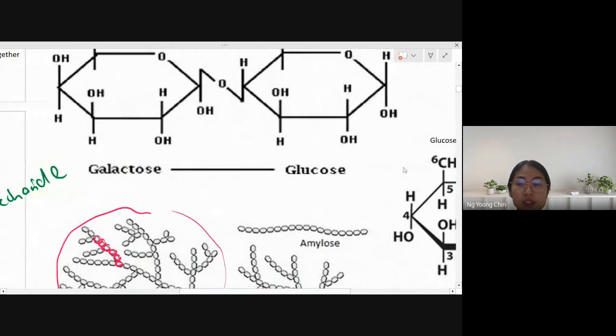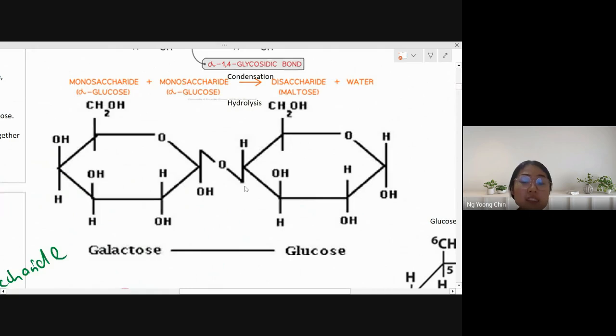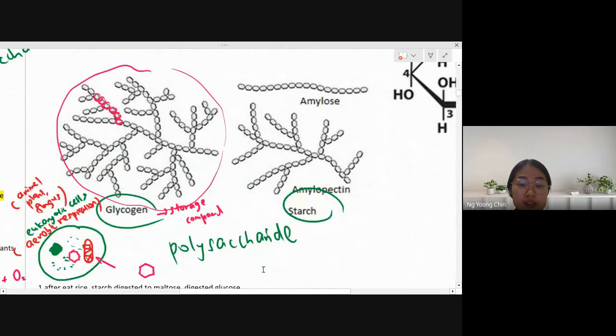And then this one, we will talk about lactose. This is an example of lactose. With the condensation between one galactose unit and one glucose unit, they form one lactose, which is a disaccharide. So they look in this way: two molecules linked together by a bond for the disaccharide. So I think that's all about the carbohydrate.